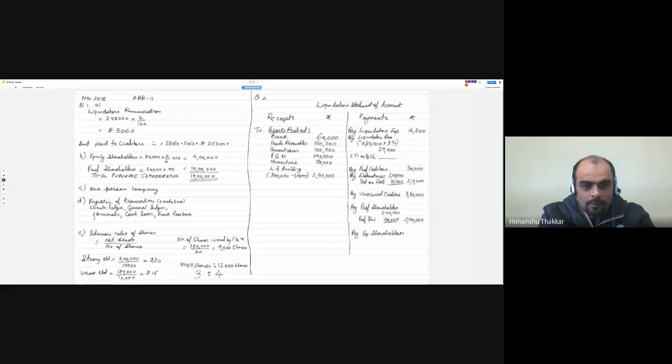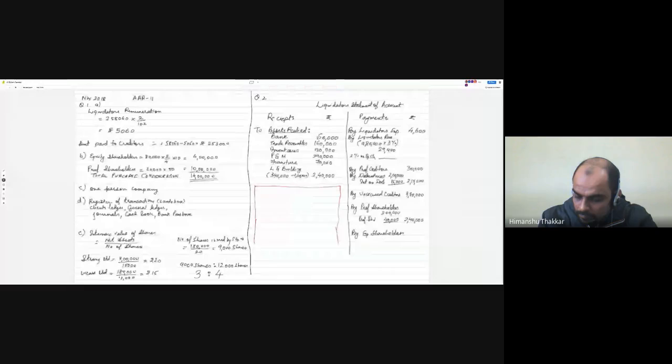Okay. Total of the receipt side is... I'm doing the working on the receipt side as a part of the solution with another color. I'm doing the working here, so don't get confused. It's not part of the standard solution, it's the working. So total of receipt side is